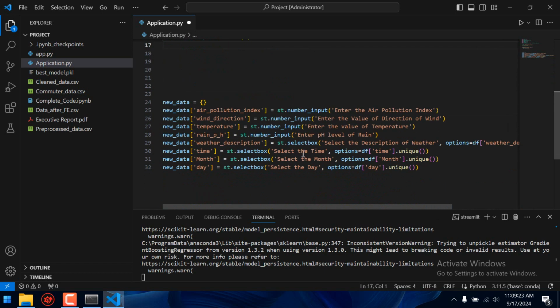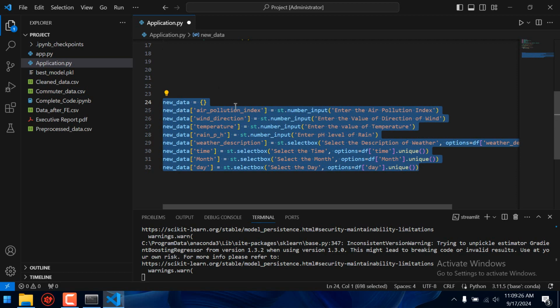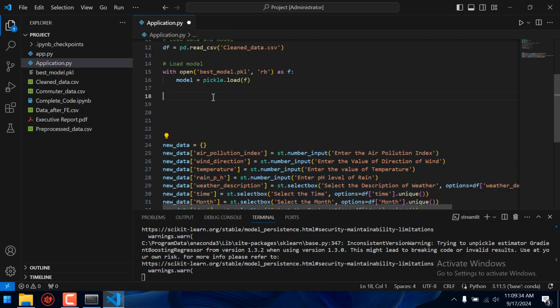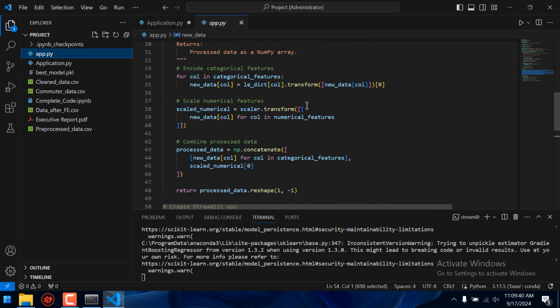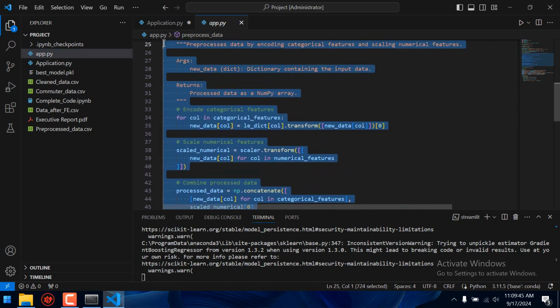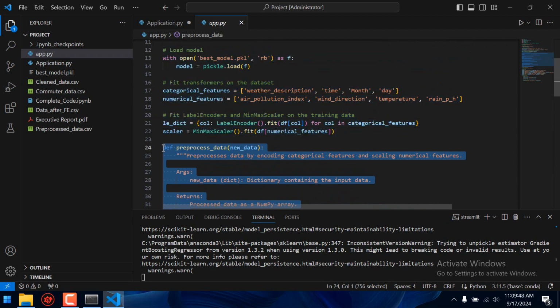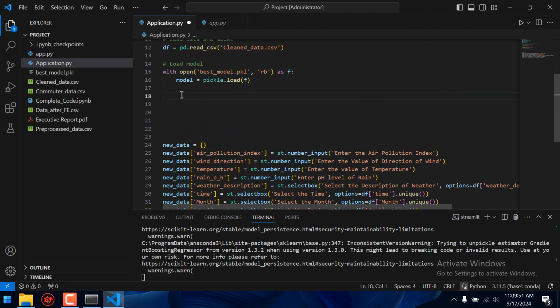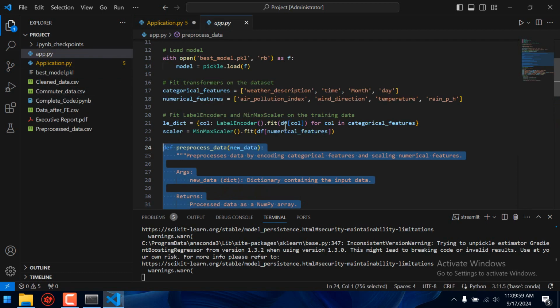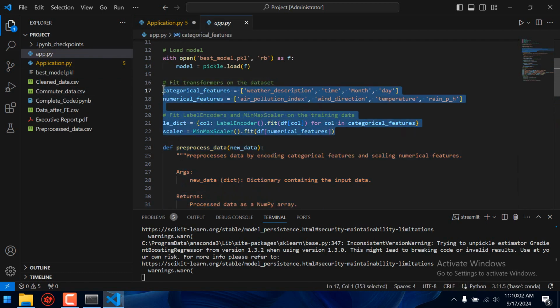So after that, we have created these columns or features. We need to do some pre-processing on these columns. How can I do it? I have the code of pre-processing. I have prepared this code. It took me around 1.5 hours, but I don't want to waste your time, so that's why I'm copying all these things. It is actually the pre-processing code. So before that, I need to import the libraries here. Don't worry. I will explain everything. Okay.